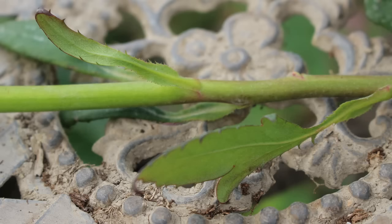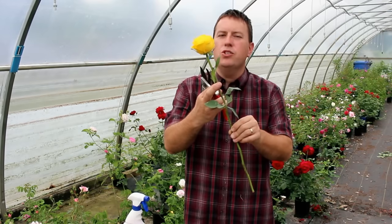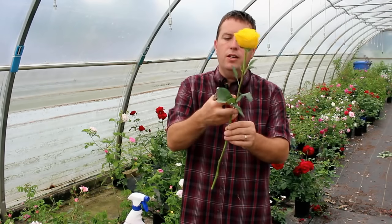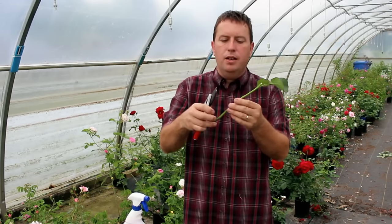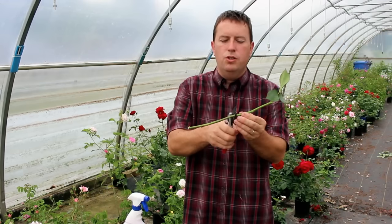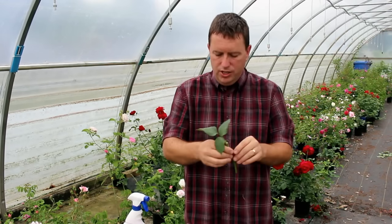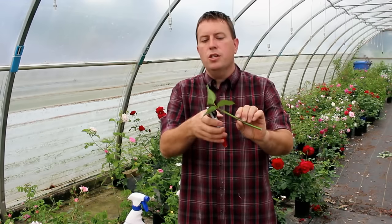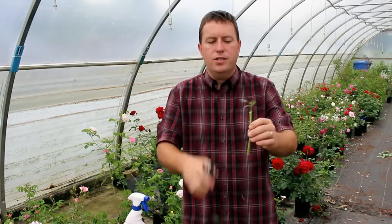I'm looking for a set of leaves. These ones here, if I cut way up there, I haven't had good success that way before. So I'm going to cut just above this leaf here, and then I'm going to cut below this node here. And this is in a good semi-hardwood stage for cuttings. Once again, I mentioned that I don't like to leave a ton of leaves on for the next step here,